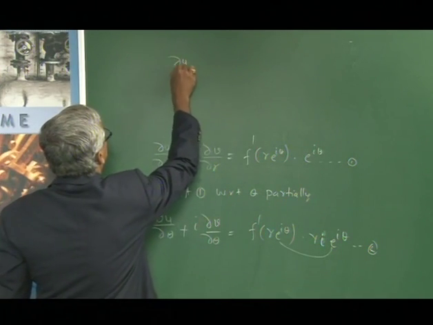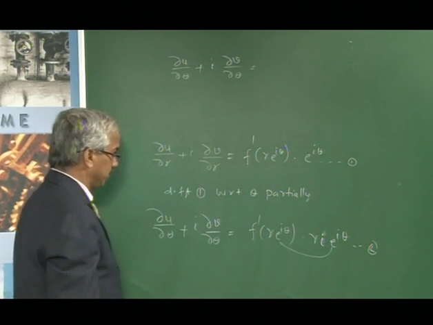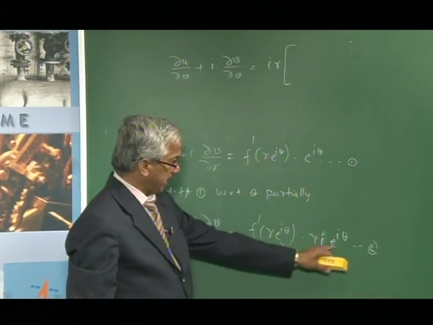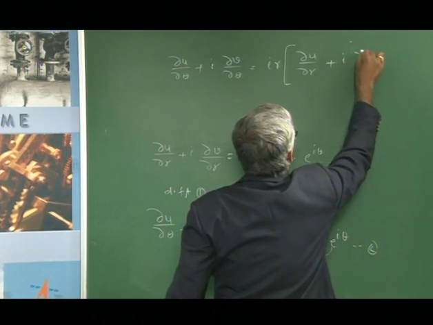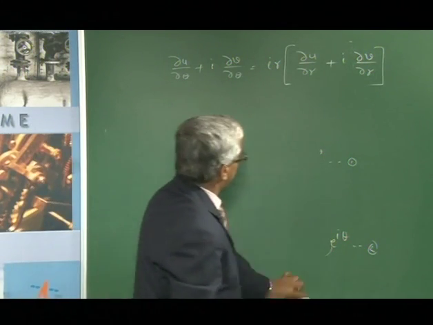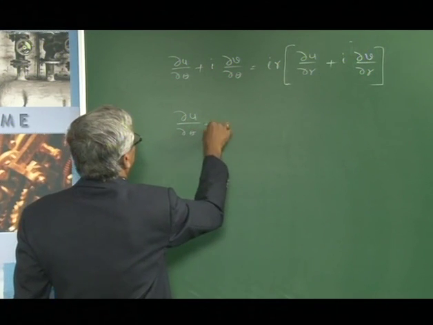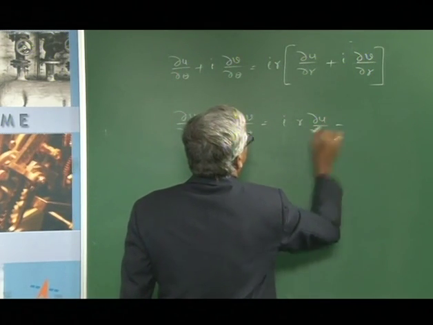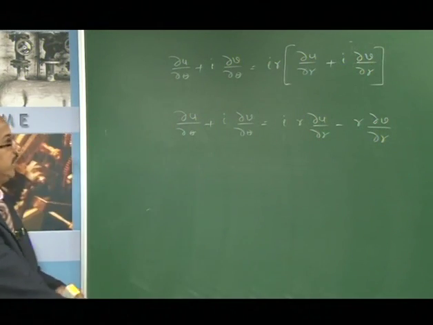we get ∂u/∂θ + i ∂v/∂θ equal to r times i, that is ir, times f'(re^{iθ}) e^{iθ}, which is ∂u/∂r + i ∂v/∂r. Multiplying this r inside the ir, we get ∂u/∂θ + i ∂v/∂θ = ir ∂u/∂r - r ∂v/∂r, since i² is -1. Now equating real and imaginary parts,